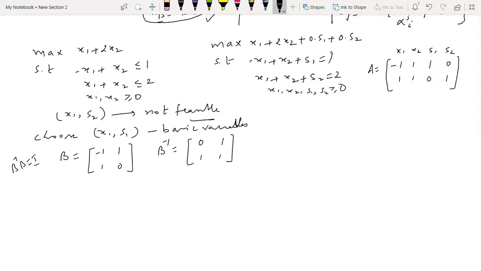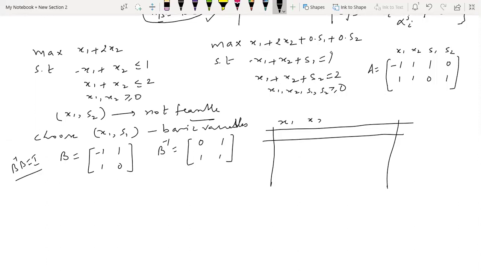Corresponding to each matrix B, there is a unique choice of B inverse. At a quick glance you see that this gives an identity matrix. Multiplying the first row by the first column gives 1 0, then 0 1. So this is the correct inverse. Now we have to construct the simplex table. We have 4 variables x1, x2, s1, s2, and the basic variables are x1 and s1.